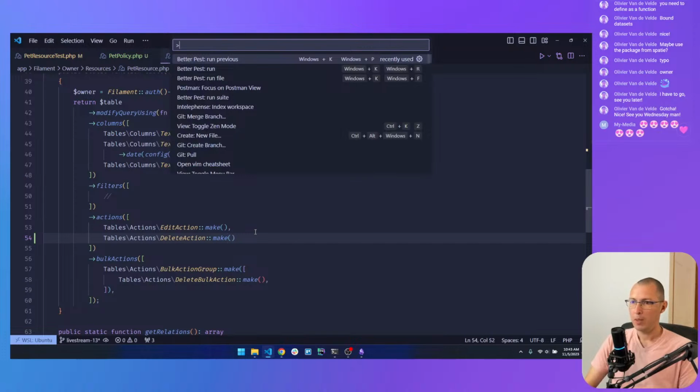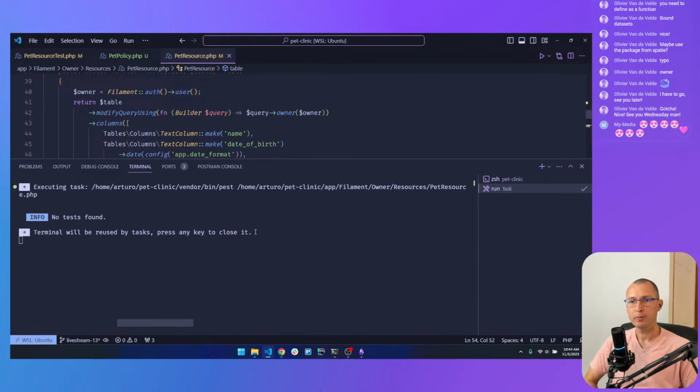Cool, let's make sure that we didn't break anything. Let's run the file. No test found. What the heck?